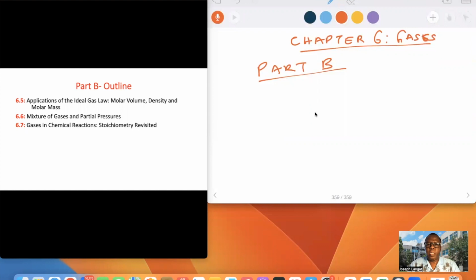In part A, we looked at sections 6.1, 6.2, 6.3, and 6.4. And in the last part, we looked at the ideal gas equation. Recall the ideal gas law relates the volume of a gas and pressure, which is directly proportional to the number of moles times the universal gas constant